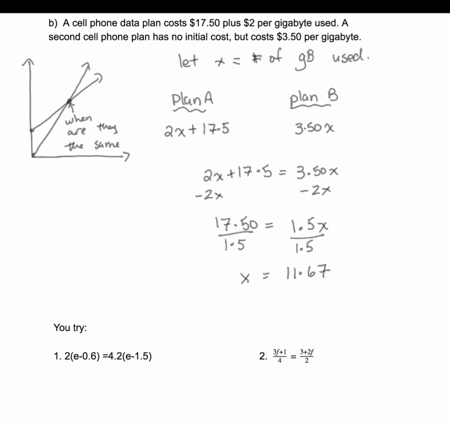What we have to do is write a sentence that makes us understand that this question makes sense. So it's saying, when will it be equivalent? It will be equivalent when you use 11.67 gigabytes of data. Okay, so just to summarize, today's lesson is what do we do when we see x's on both sides of the equation,